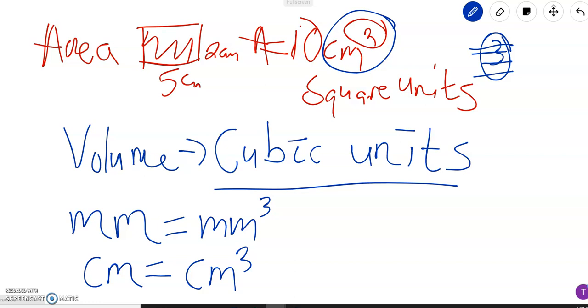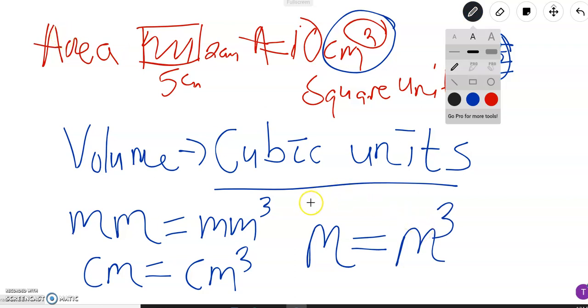And then maybe something a lot bigger, like a gigantic stone, or maybe the back of a truck, or even a house, or maybe a gigantic box that you got because you bought 50 laptops on Shopee. Well, you would measure those in cubic